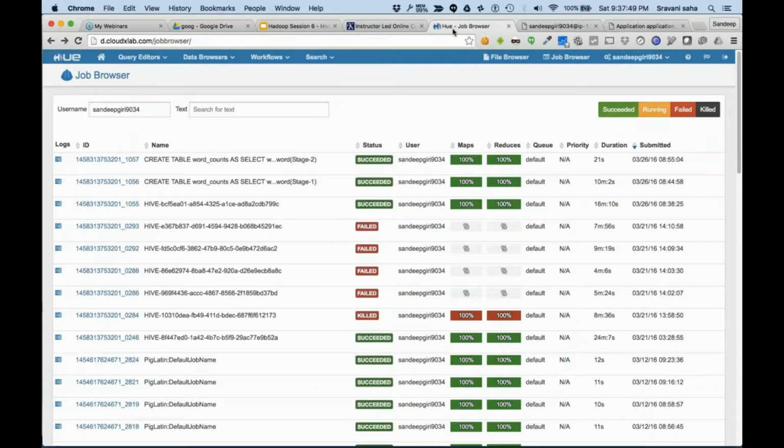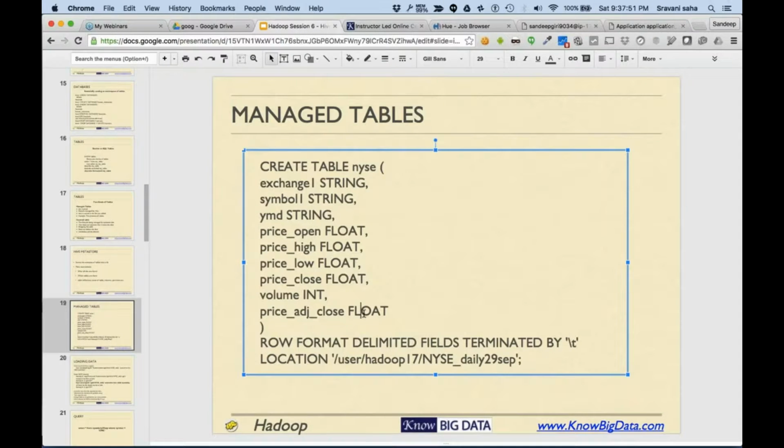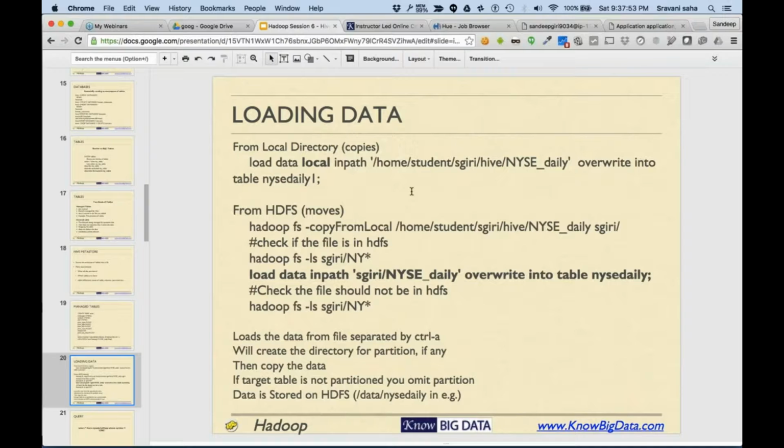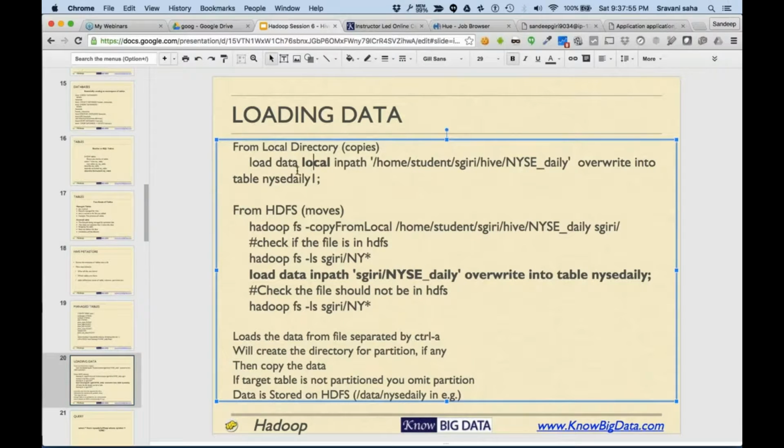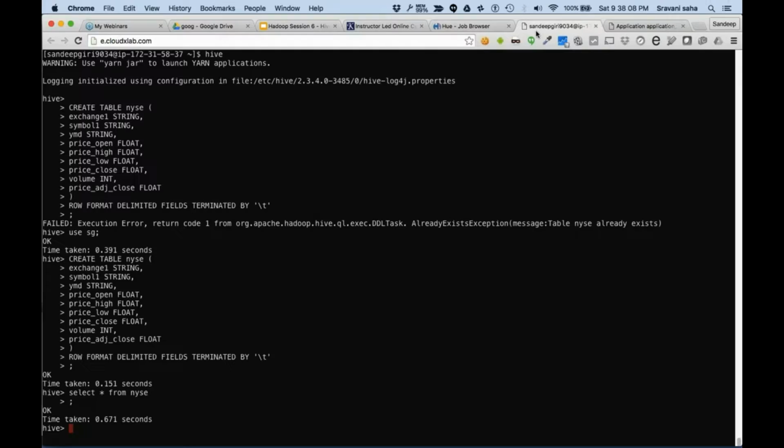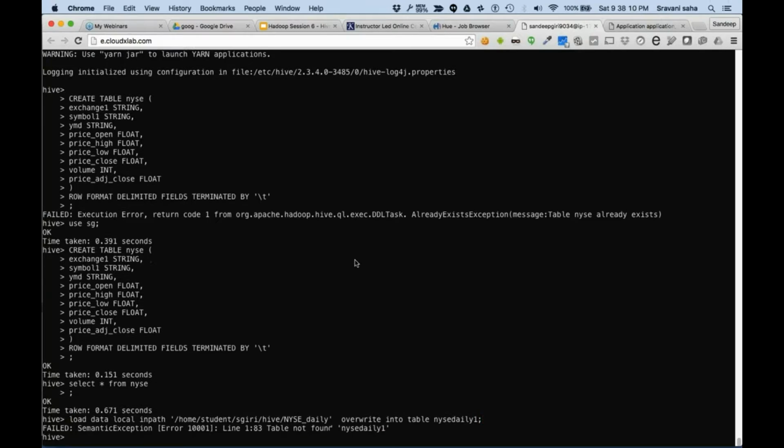Now I'm going to load data into this table, from this path. I'm going to use a keyword called local. Local means from my local machine.